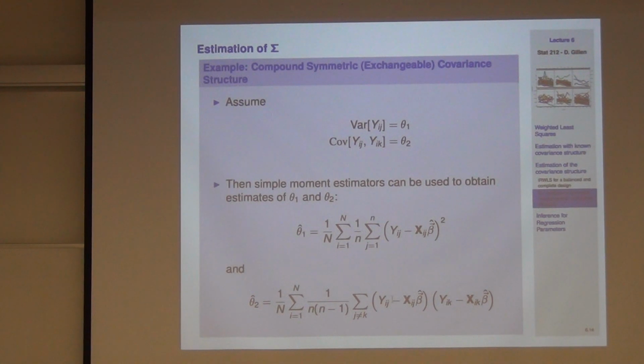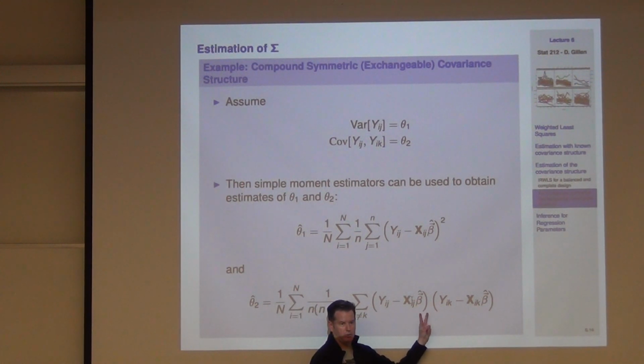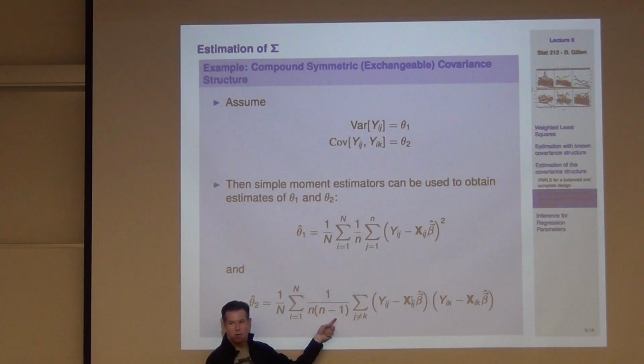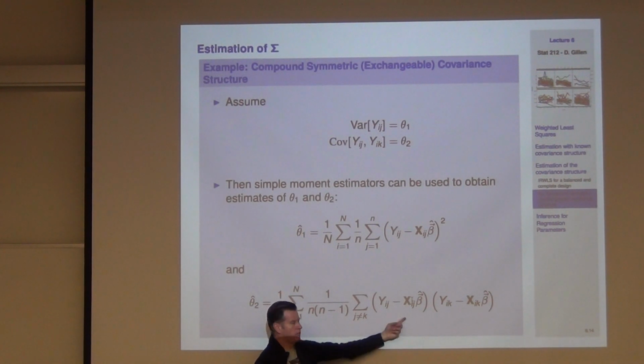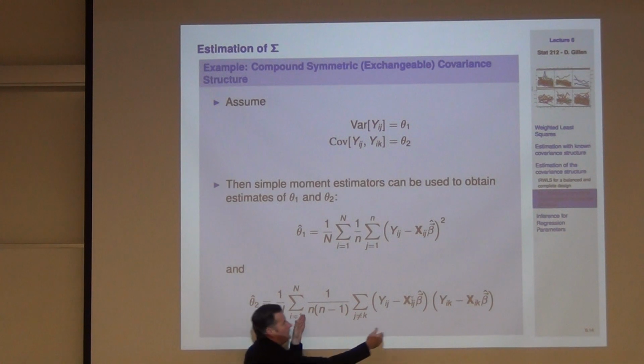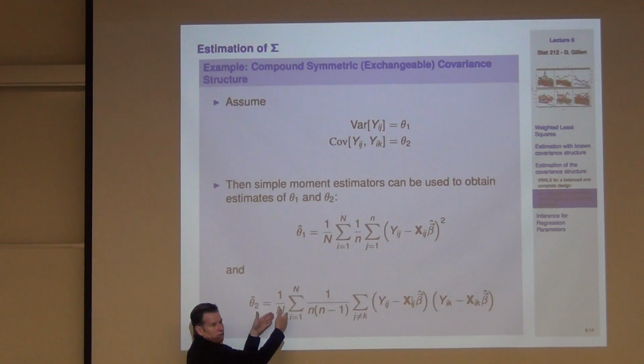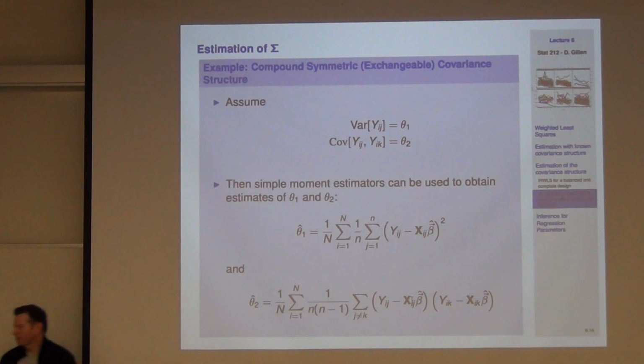Then, for the correlation between any two observations, what I want to do is take any two observations on the same sampling unit. There's going to be n times n minus 1 of those that are distinct in pairs. So I'm going to average over all of the pairwise observations that I have for residuals. And this is now inside of a particular cluster, I've got an estimate of theta 2 hat. But now I've got independence across clusters, so I will average all of those as well. You guys with me? Good.